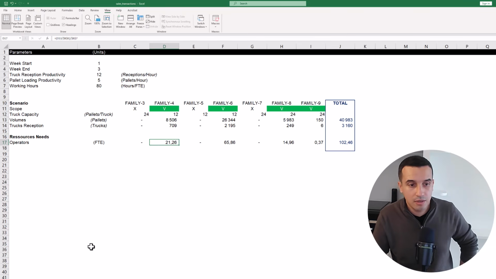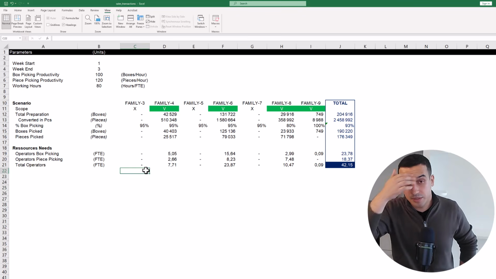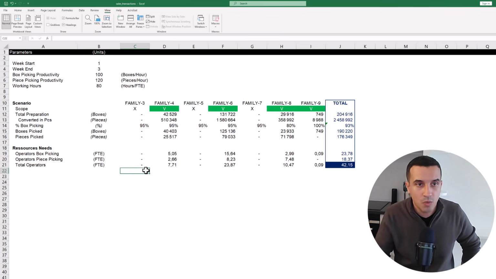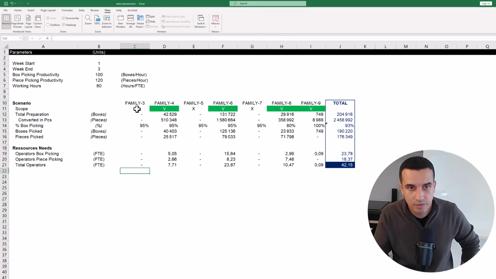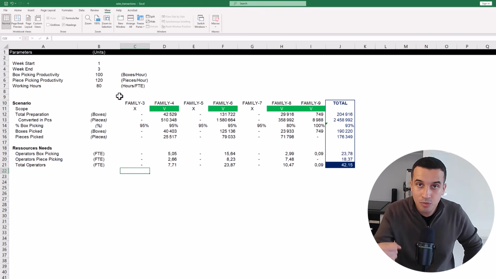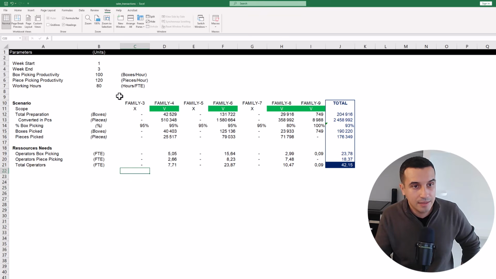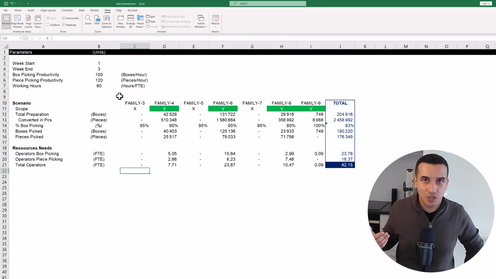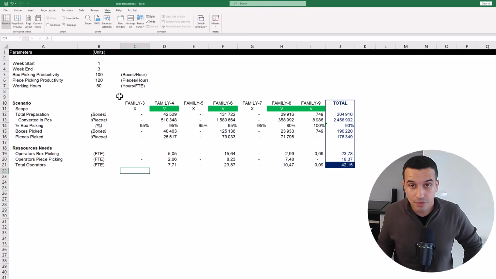The question is here, why do we need a VBA? Let's say, for instance, that this is like one scenario, but I want to know what happened if, for instance, we also consider family 3. What happened here if we take from week 1 to week 4? For that, you will need to manually change the variables, like the parameters. And when you are a solution manager, like I was, you need to be fast because you have a limited time to do your quotations. So you need to be able to find a way to automatically calculate this number of FTEs for multiple scenarios